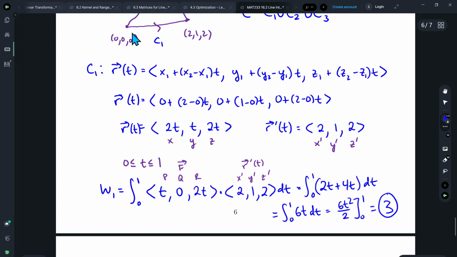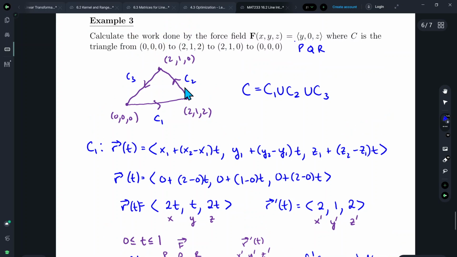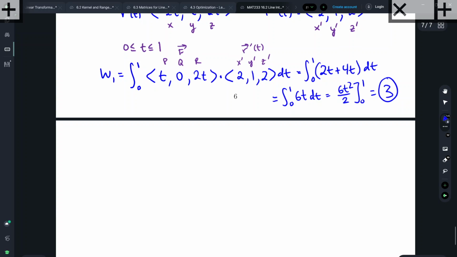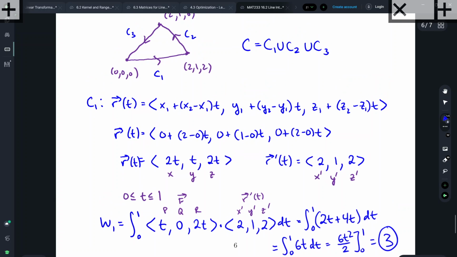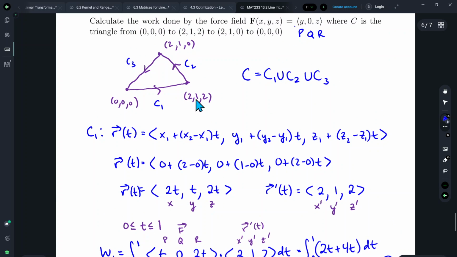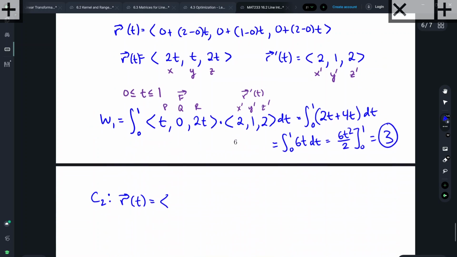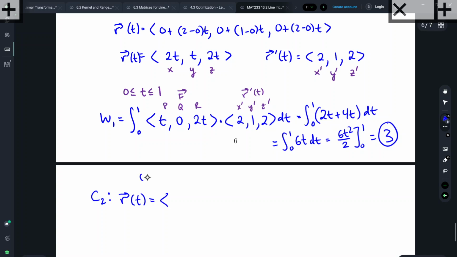Okay, so the amount of work done over C1 is equal to 3. Okay, so now we just need to repeat the procedure for C2 and C3. So now over C2, again, I need to parameterize the line segment. So we're going from 2, 1, 2 to 2, 1, 0. So let me write it here, 2, 1, 2 to